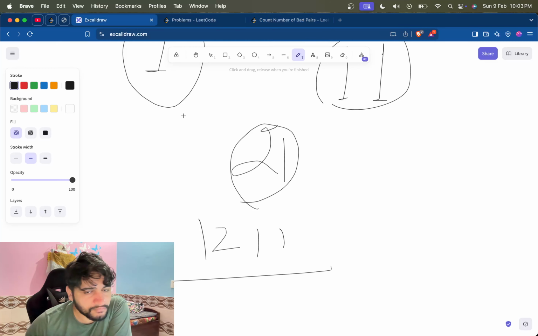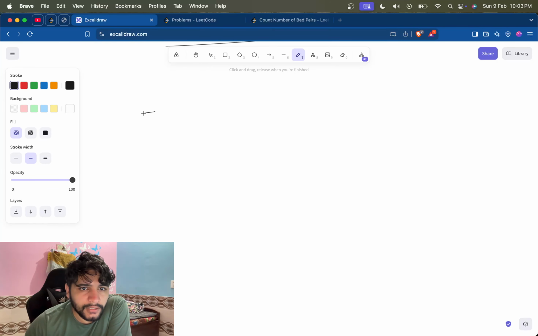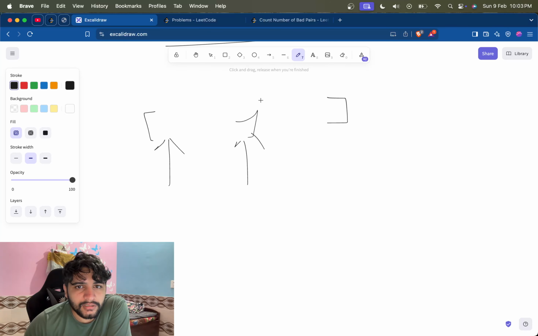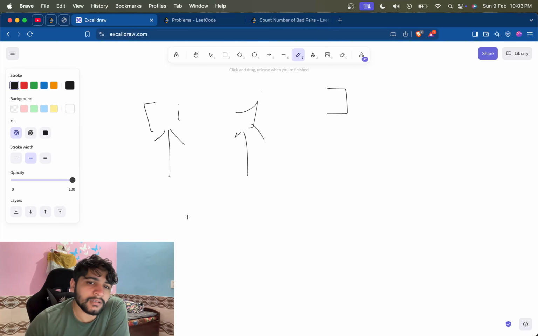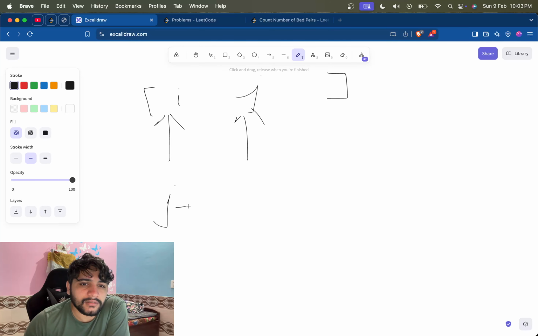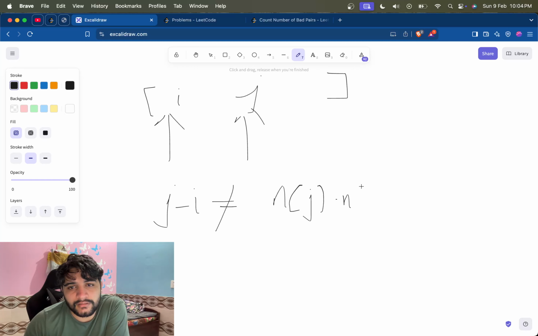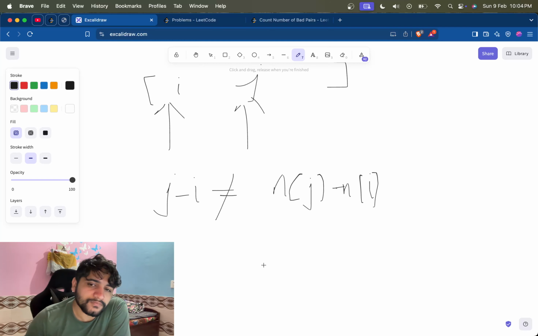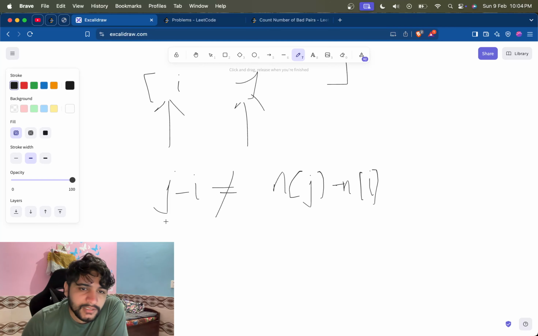So we are given that for any two values of the array, let's say one is here, one is here, this is j and this is i. So j minus i is not equal to the difference of the values at j and i. Fine. So for this to happen we need to find such